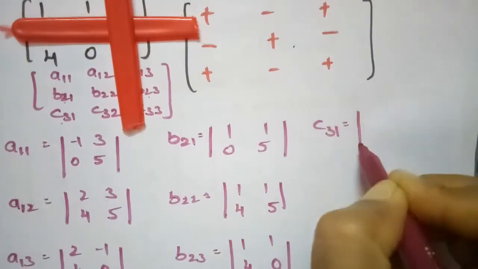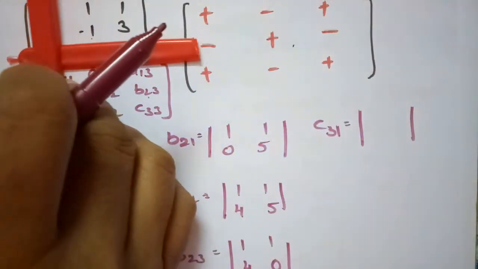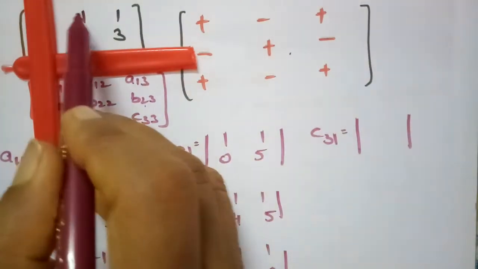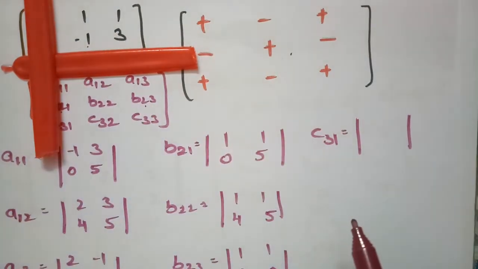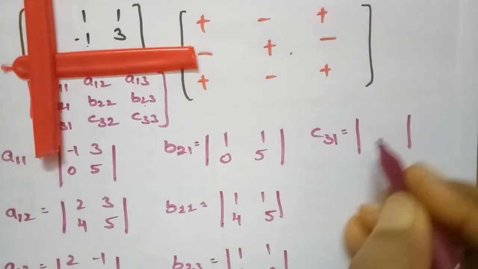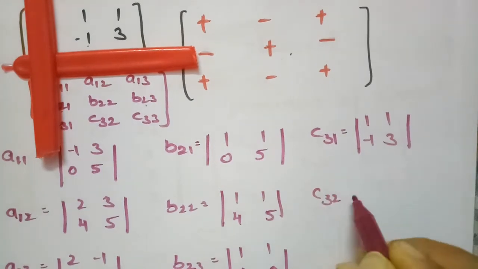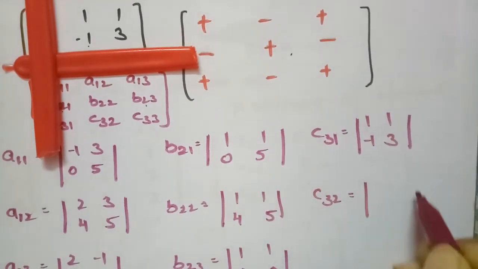So for C31, now we have to close this column and this row, and this will be 1 1 minus 1 3. So this is 1 1 minus 1 3. And the next position is row 3 and column 2, and here